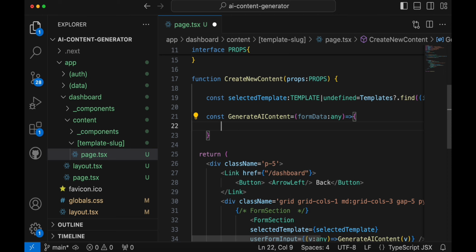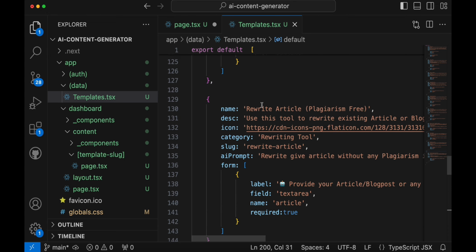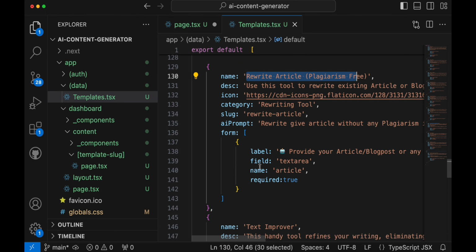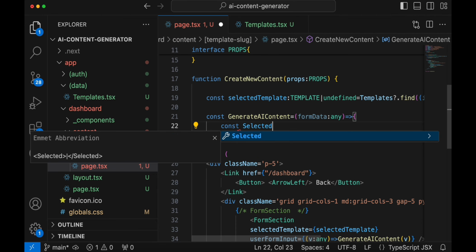Right now, here a couple of things we need to pass to the AI model. Now first thing is we need to get the prompt first from this templates, right? So for example, if user select this rewrite articles template, then we have to get this prompt first. So simply I will write constant selected prompt